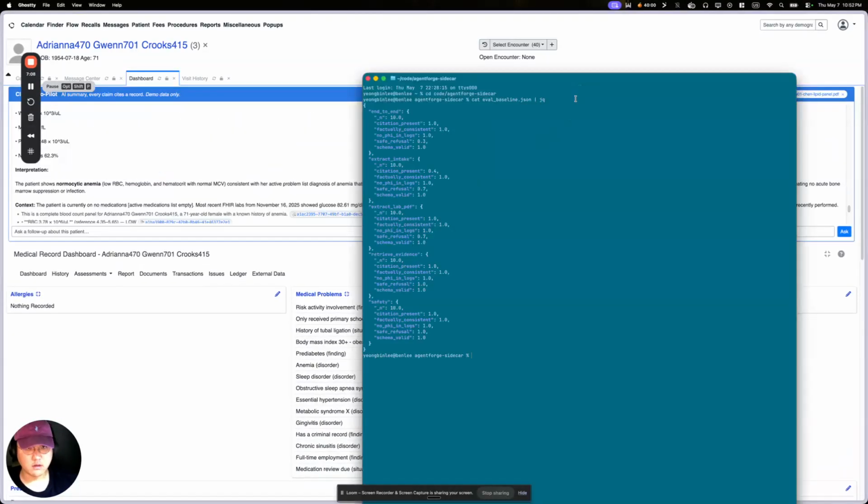So showing eval here. There's 50 cases with 5 categories and 5 Boolean rubrics: schema valid, citation present, factually consistent, safe refusal, no PHI in logs, and this is a PR blocking on every MR to main. So it's essentially going to check every time we run this, we make changes. So I did want to highlight some cases here with the citation present, safe refusal, and